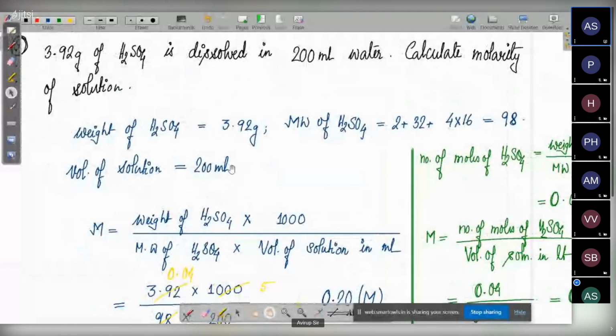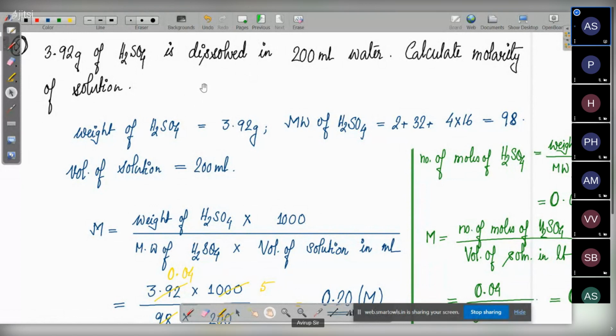Now, let us see the next example. By next example, I mean suppose they might give you the weight. Weight might be given to you, and then you have to find out the molarity. So how to do that? Suppose they will tell you